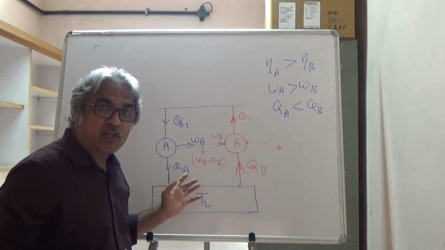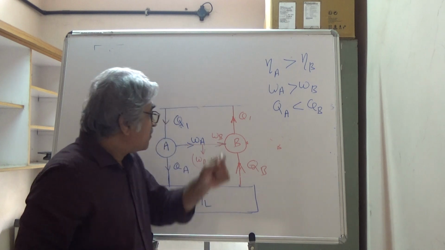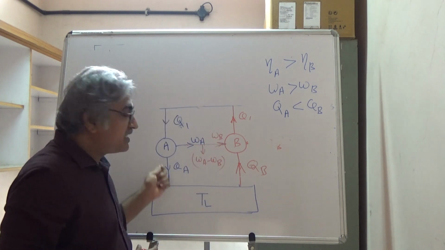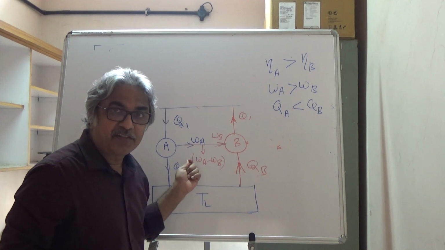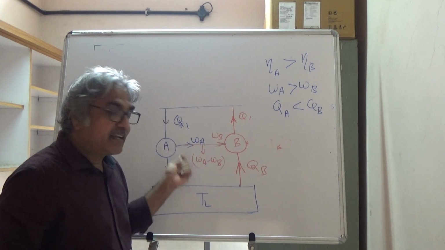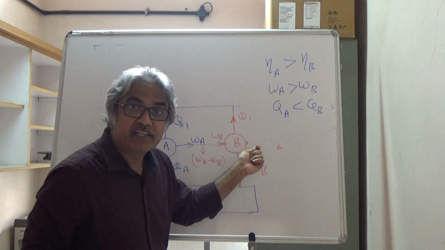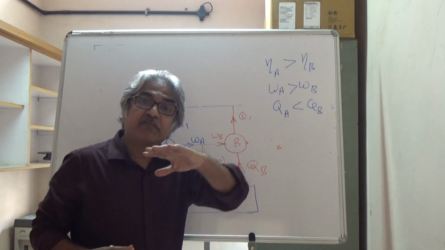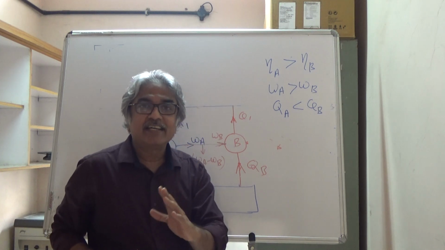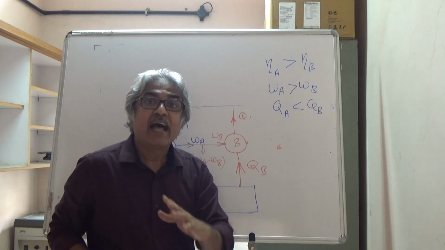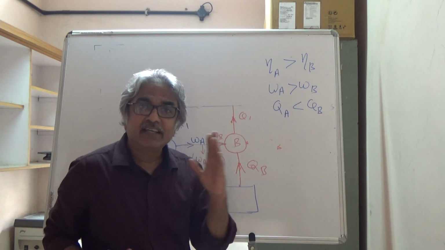Now why did this violation occur? That is because we assumed that the efficiency of a non-reversible engine to be greater than that of a reversible, meaning Carnot, engine. That assumption was wrong. That means violation of the Carnot theorem violates the second law of thermodynamics, and this is the proof of the Carnot theorem.